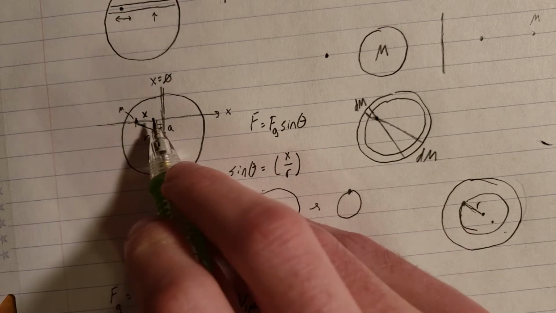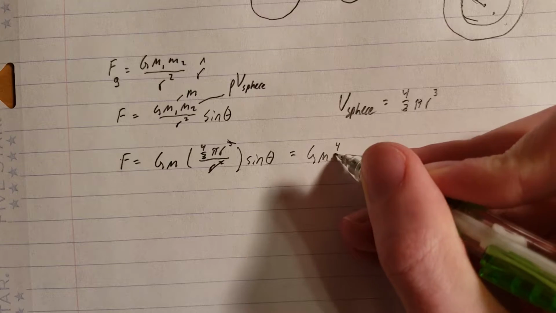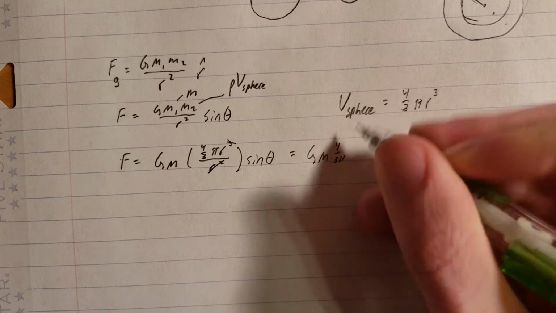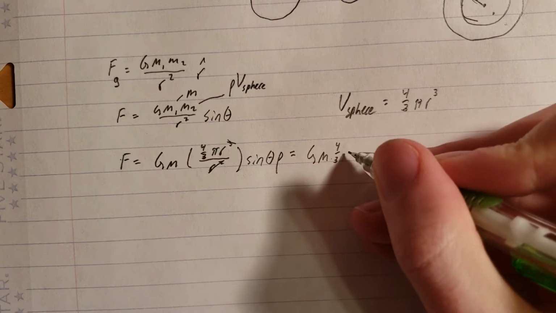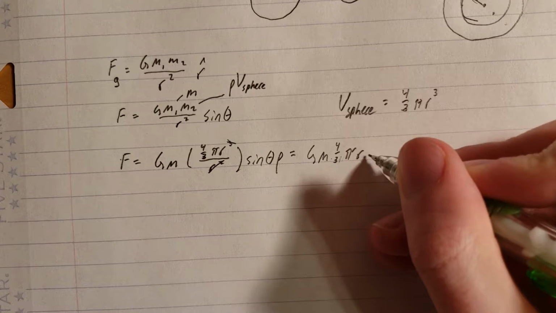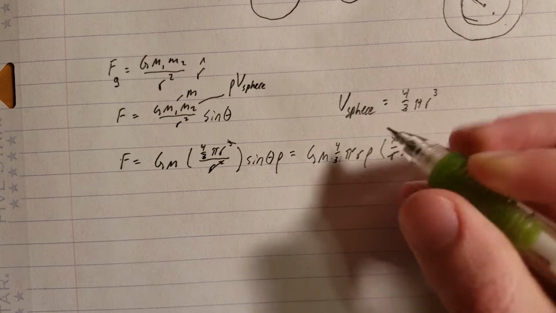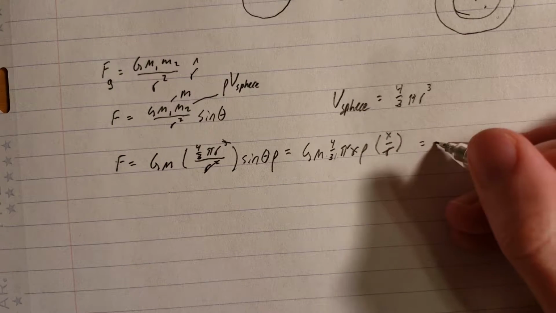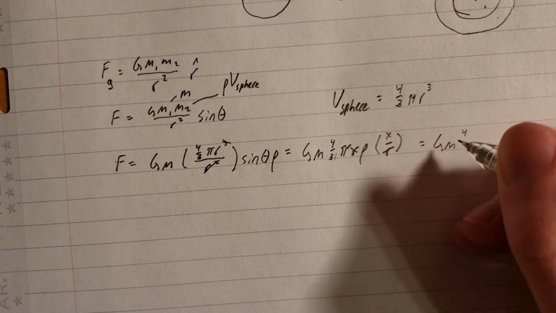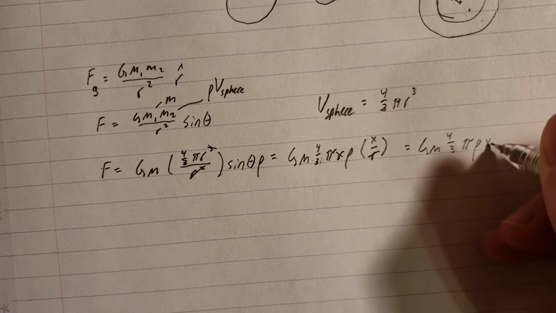Sine is opposite over hypotenuse. So this is simply Gm 4/3 pi. Ooh, I've forgotten a rho. We can add that in now. 4/3 pi r rho times the quantity x over r. This x and this r rather will cancel. And so we get Gm 4/3 pi rho x